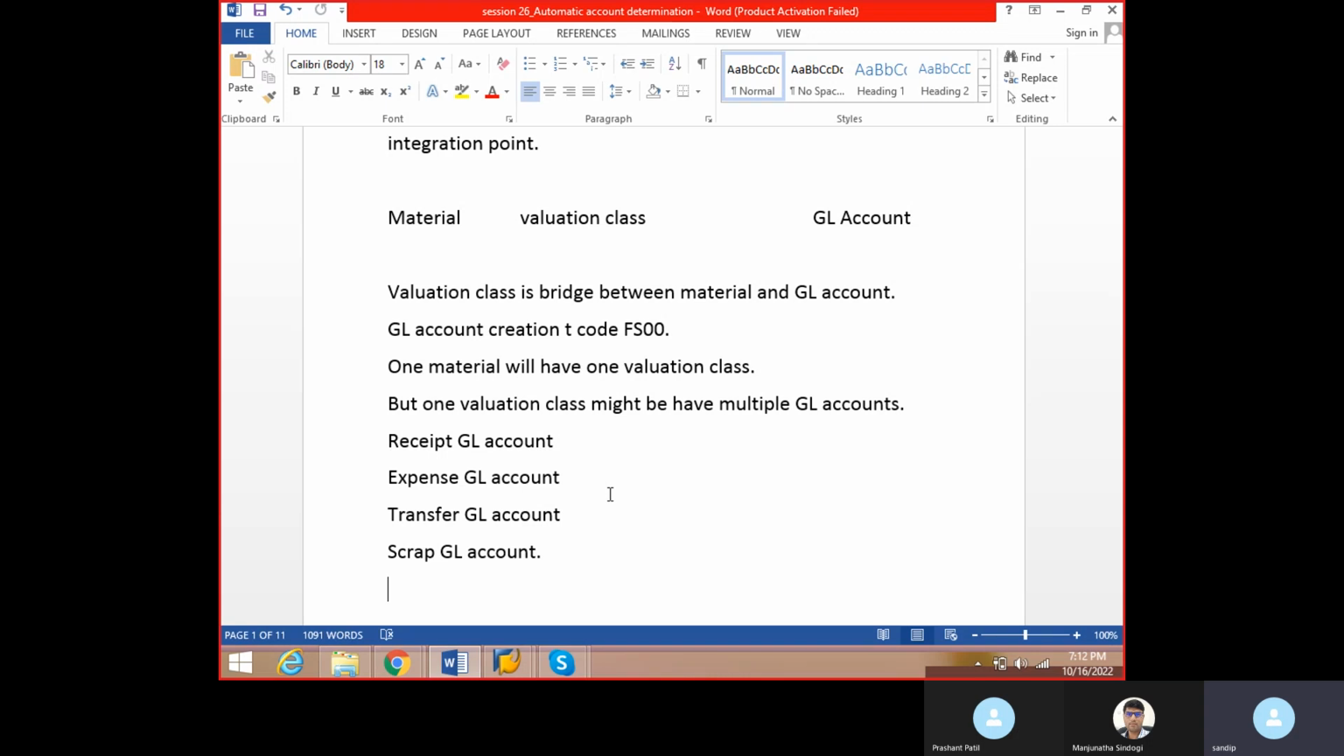Let's assume that due to damage of the bearing, we need to scrap it, so we have scrapped that bearing. The cost will go into the same GL account. If we are transferring that bearing from one plant to another plant, the cost will go into the same GL account. So it is very tough for management to get accountability of the different movements of that material, because at